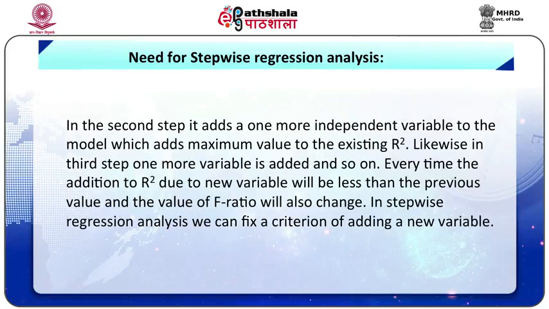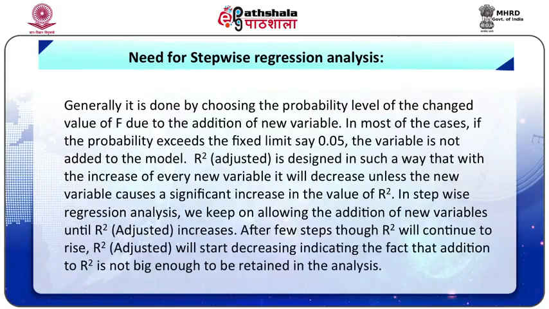Every time, the addition to r square due to a new variable will be less than the previous value, and the value of f ratio will also change. In stepwise regression analysis, we can fix a criterion of adding a new variable. Generally, it is done by choosing the probability level of the changed value of f due to the addition of new variables. In most cases, if the probability exceeds the fixed limit, say 0.05, the variable is not